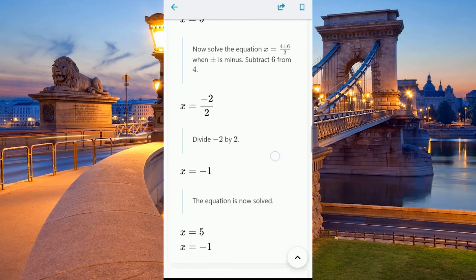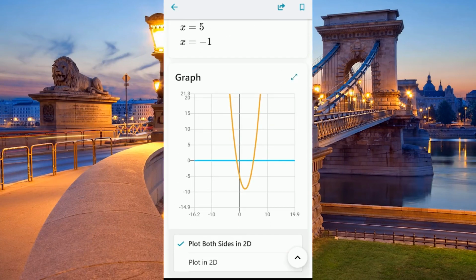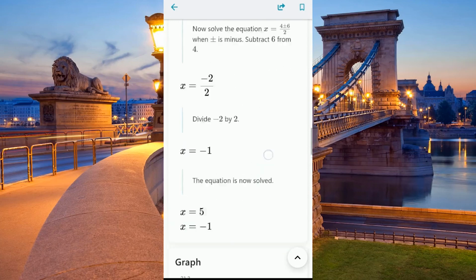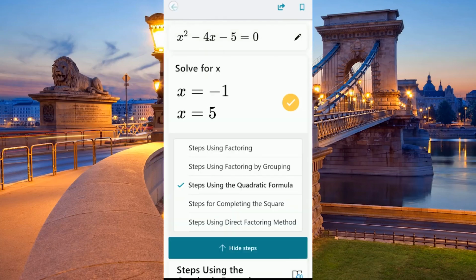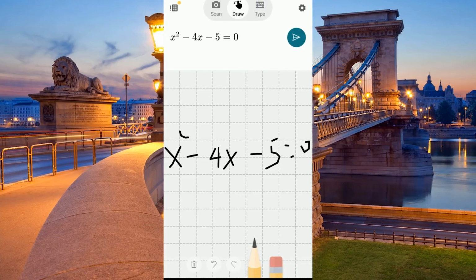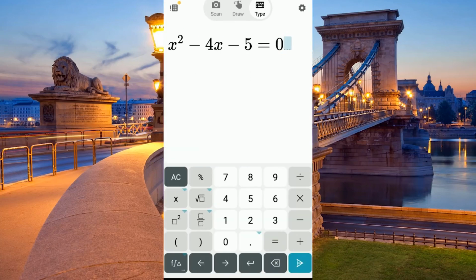So this is a very fantastic method and very fantastic app that you can use to solve your mathematical problems. So this is quadratic equation and this is second method. You can type as well if you want. You can type the equation that you want to solve. Let's say you want to type in